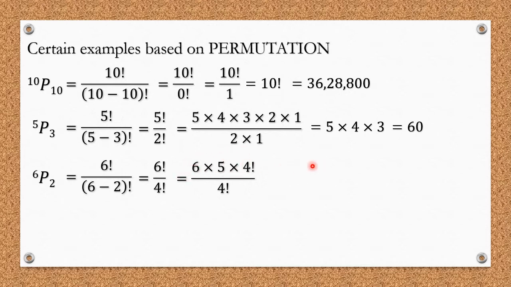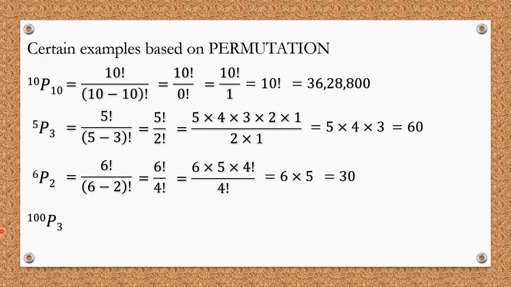So rather than writing the whole value, let's imagine you have 100 factorial. Can you write down 100, 99, 98, 97, 96, 95, 94, 93 up to 1? It's not going to be possible for you guys. So this is another method where you write fewer values and still you get the answer. Because in the division 4 factorial is there, I have written 6 into 5 up to 4 factorial so that I can directly cancel these two values. So in the next step, I am only left with 6 into 5, and 6 5s are 30 is the answer.